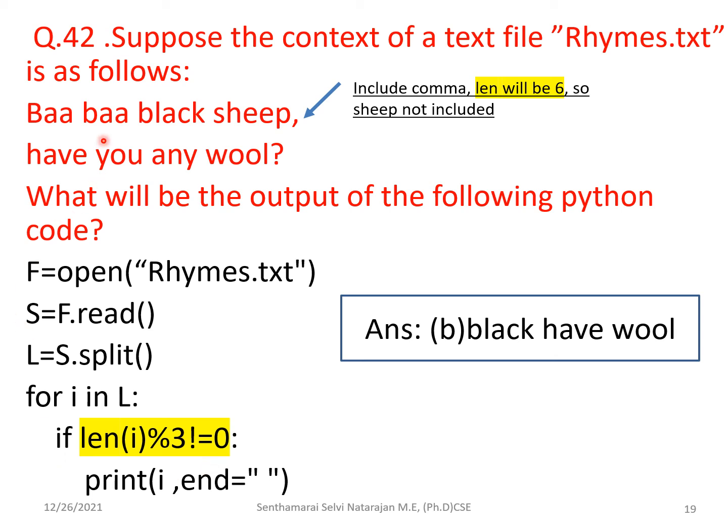So it will be going here. You see here it is 3, here also 3, here you see 1 2 3 4 5. So here the length is 5 modulo division 3 will not give the remainder 0, so this is taken. And next 1 2 3 4 5, here sheep is not having the value, so it is not printed. And then have you any wool, so as black sheep have wool, they are the answer for this 42nd question. So length is taken, so the grade length which is not divisible by 3 is taken and then that output is printed. Moving to the next question,